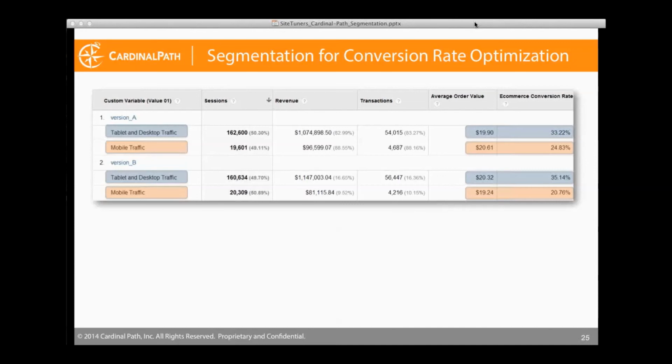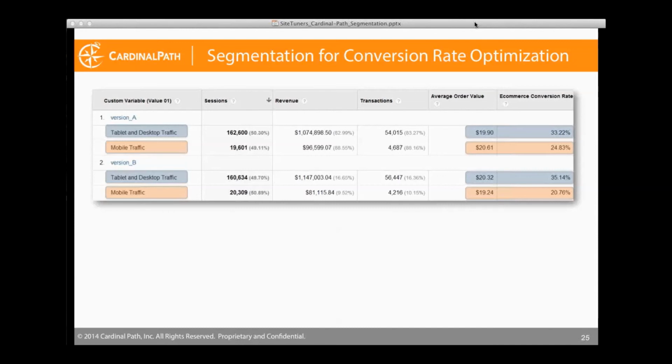We can see that may make a significant impact to our revenue, and that could have been a very, very successful test. And don't get me wrong, this was a very successful test. We found something that resonated with our users. The only problem here is that as we started out, we're looking at this big box of oranges all the same, and we're saying that all of our users are the same, and all of them prefer version